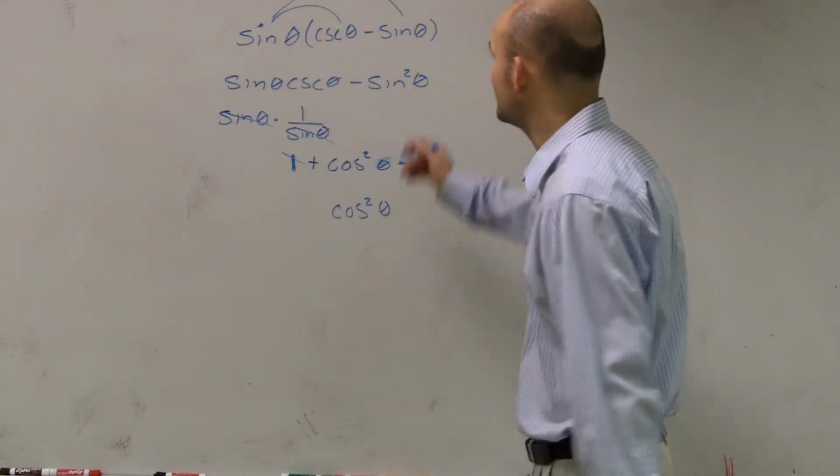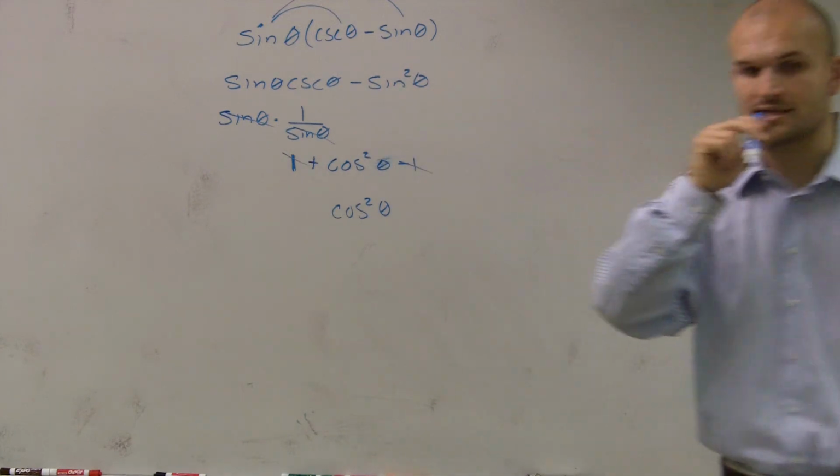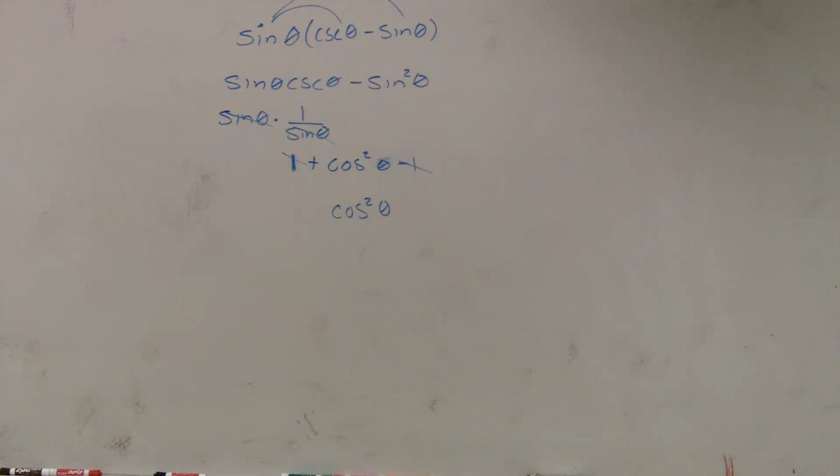And then I transfer my negative sine squared to cosine squared. I did the negative sine squared of theta, transfer that to cosine squared minus 1. Okay. And then they cancel out. Does that make sense? Does everyone understand how I got